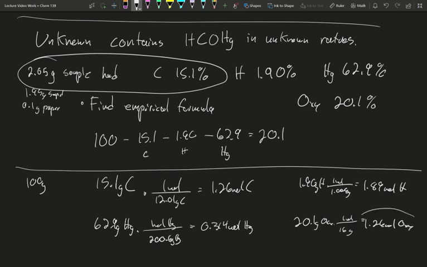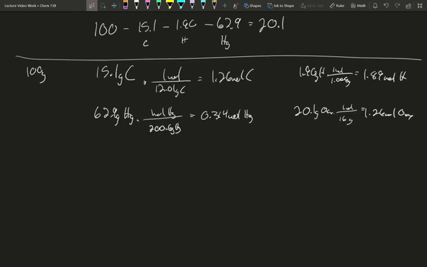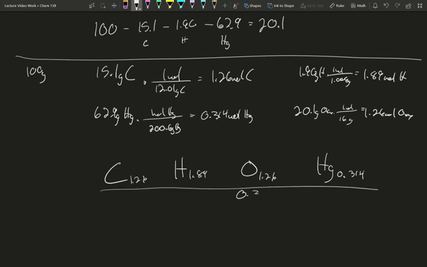Well, right away our moles of oxygen kind of match our moles of carbon. That's a good thing. We want whole number ratios, and if they happen to be the same number, then same number of moles makes sense. So it seems like our 20.1% of oxygen is probably reasonable. It's matching up to one of our other things. Carbon, hydrogen, oxygen, mercury: 1.26, 1.89, oxygen's 1.26, mercury is 0.314. The lowest is the mercury, 0.314,